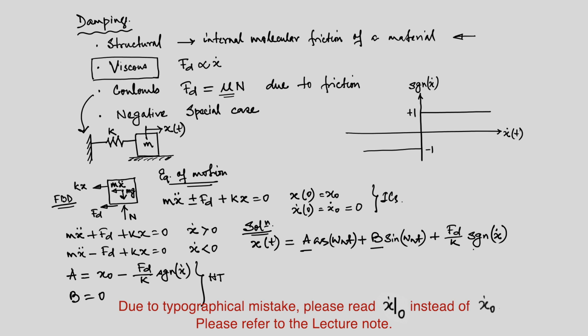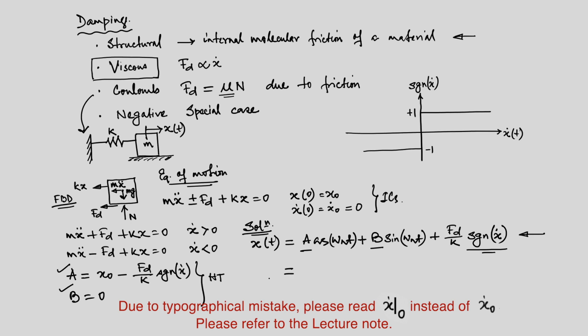Only the point I wish to draw your attention to is that when you have the signum function, when you try to differentiate, be careful, because at t equal to 0 you cannot differentiate this function. So, for that you just see what is the property of this trial solution and just take it as an exercise to find out these two constants. Let us see how it goes. If you have any difficulty, then we will solve it for you.